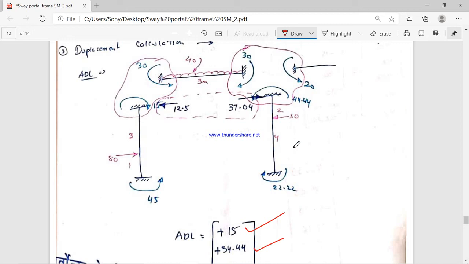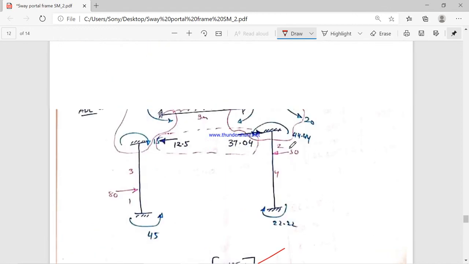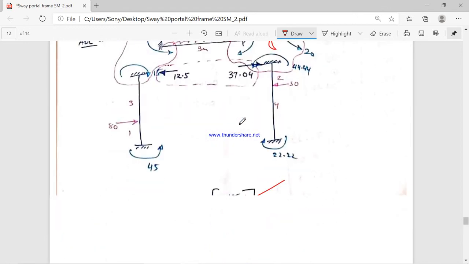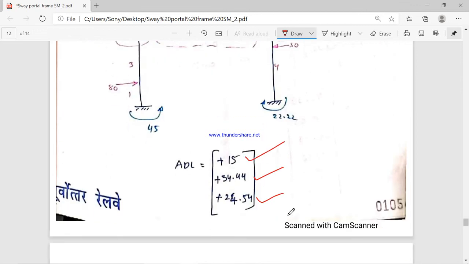Like this. Then one more thing is that here 20 is also there, so we have to incorporate these three values, 30 plus 30 minus 20 and then minus 44.44. The final answer will become minus 34.44, and then while writing in matrix form it will become 34, because here at point C three junctions will be meeting. So we have to incorporate all these values very carefully. Then next is the last point, 24.54, the last value we have to see.